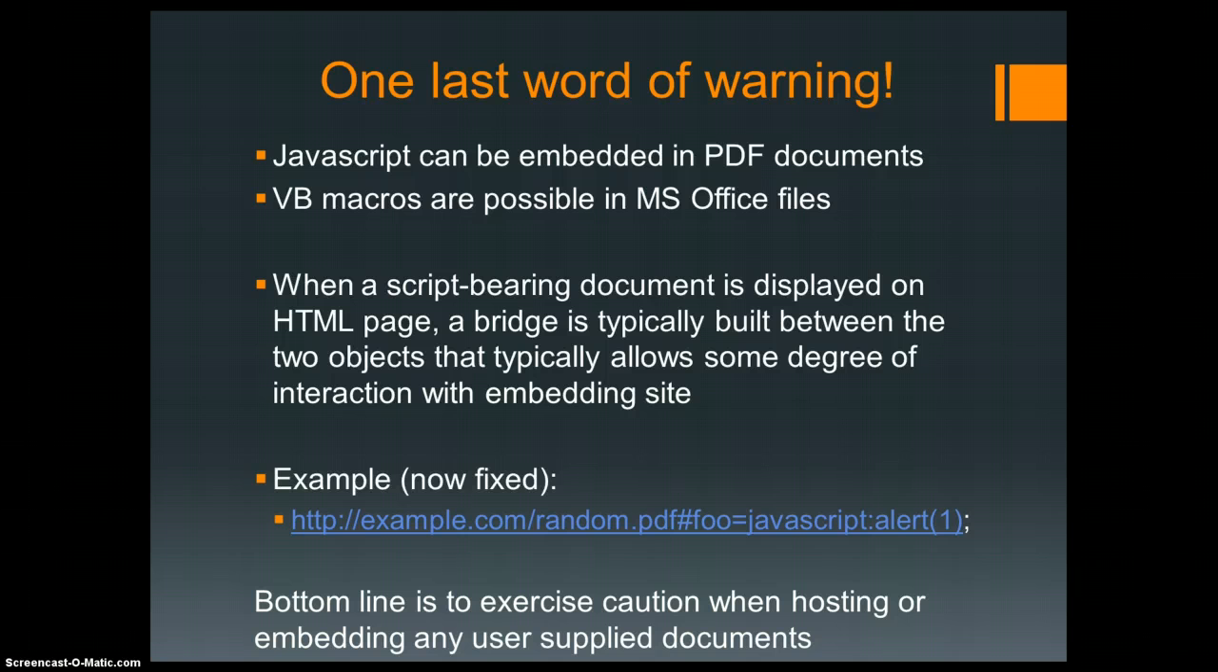Here's an example that I think will really help solidify the danger of this. This particular example has been fixed, but it was discovered, I believe, in 2008. So relatively speaking, it's not that old of a vulnerability. What happens is if a user would go to example.com/random.pdf#foo=javascript:alert, when that browser would open, it would request that resource, it would render the PDF,